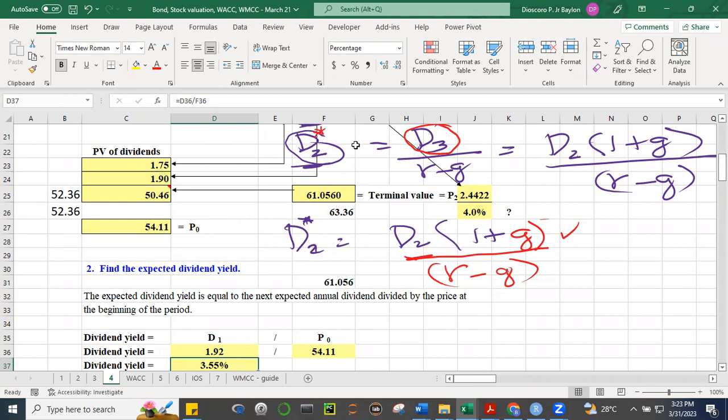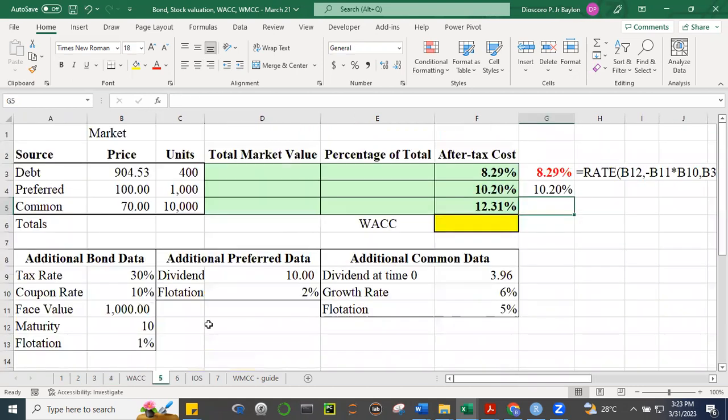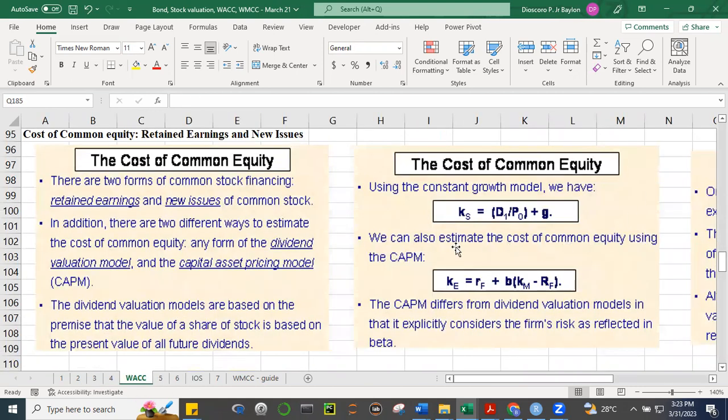So a little algebra, I'll not show it anymore. Maybe if you want next time na lang, no? Papakita natin na yung cost ng equity is just equal to the dividend at year 1 after 1 period divided by the price now. So take note, D1 over P0 plus the growth rate. Okay? Plus the growth rate.